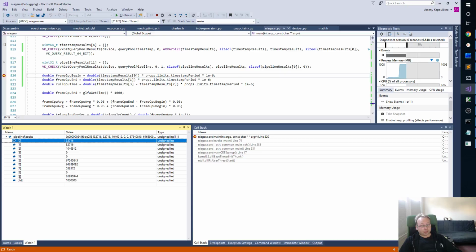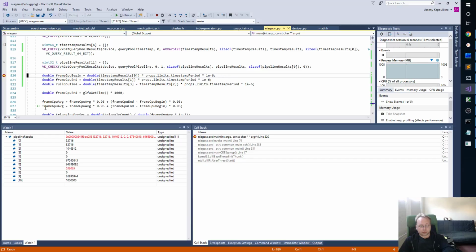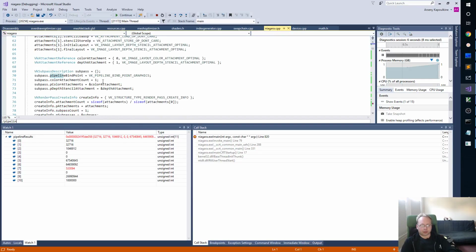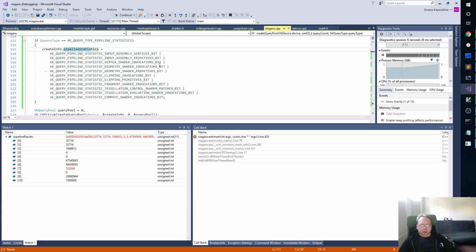Some data is there. That is encouraging. One of these numbers fluctuates. That is not encouraging. Number 7. Zero, 1, 2, 3, 4, 5, 6, 7. Interesting. Okay. So I guess there's some NVIDIA optimization that can reject fragment shader invocations in some cases, but